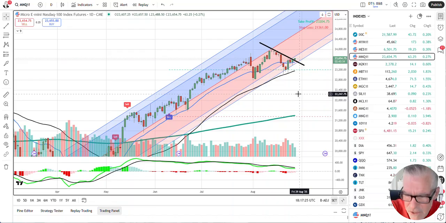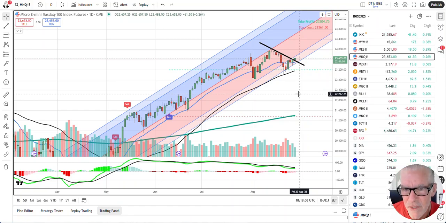But the week heading into Labor Day tends to be pretty soft. Not only is there some seasonality thing going on with September, but also it's just time for the market to cool off, and it usually does that in the week heading into Labor Day. So that's next week. So we have to be a little careful. And I've got some guys who do cycle work. I've got guys who do Elliott wave theory, and both of those groups of guys are hinting at a weaker first week of September. So,